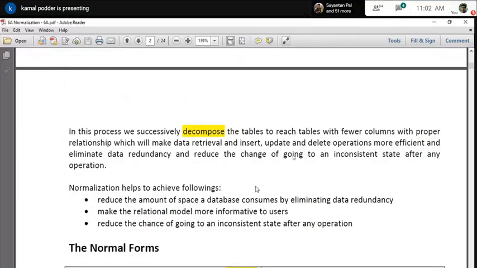So the process is that you create a table, picking up all the columns and attributes of the table and imposing the constraints. If you then see that there is still some chance of creating anomaly, and ultimately the data can be inconsistent, then you have to decompose. That means divide the table into smaller tables. In this way, ultimately we reach small tables.